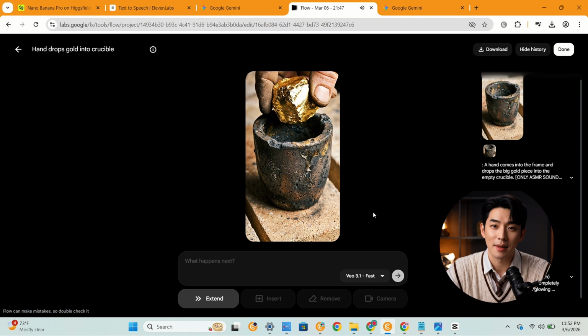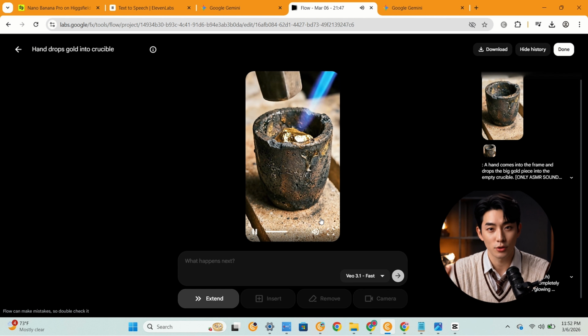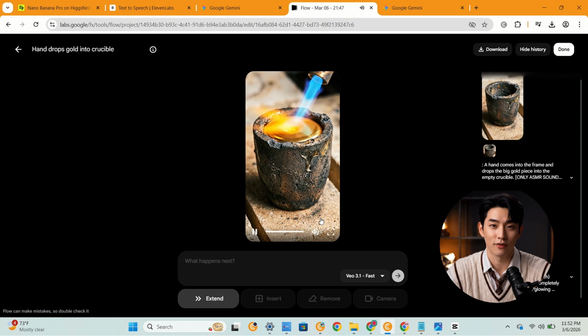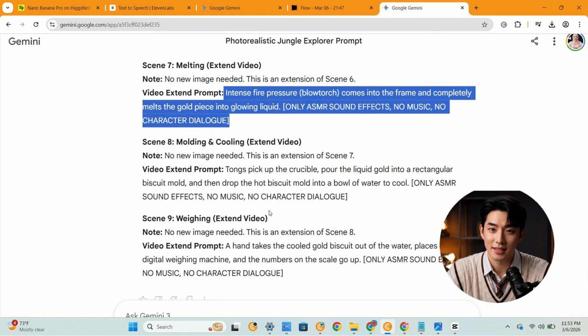Watch how perfectly the AI makes the video longer, bringing in a hot blowtorch to melt the gold into a glowing liquid. It looks flawless. You will use this exact same extend trick for scene 8 and scene 9 to show the gold molding, cooling,